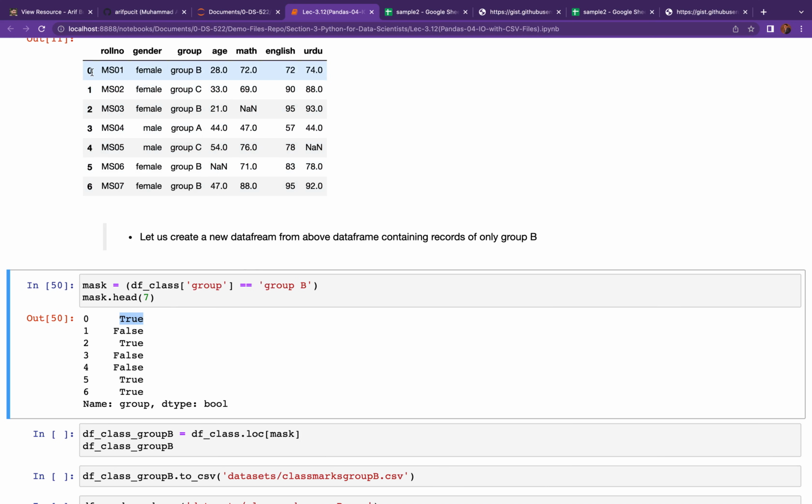Group B is at index 0, at index 2, at index 5 and 6. So at 0, 2, 5 and 6 and so on for the rest as well, we have this mask which